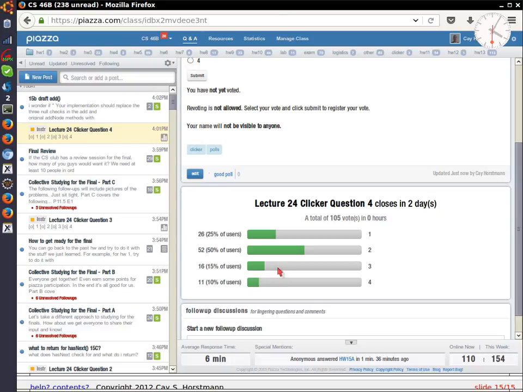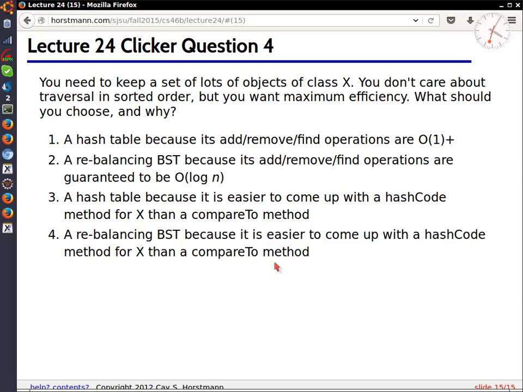And so let's see, the slight majority thinks it's easier to do a hash code. And I think that's true, because comparing things really depends on what you have. Comparing strings, easy. Comparing employee objects, probably easy by their ID. Say you want to build a cache, you can probably compare by timestamp and some